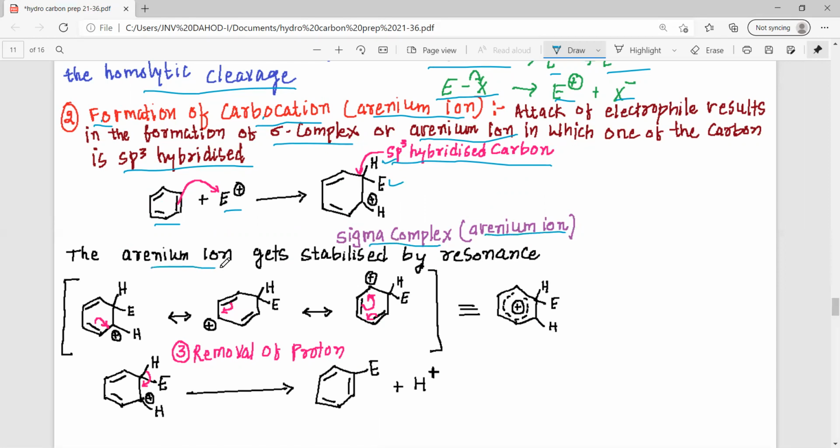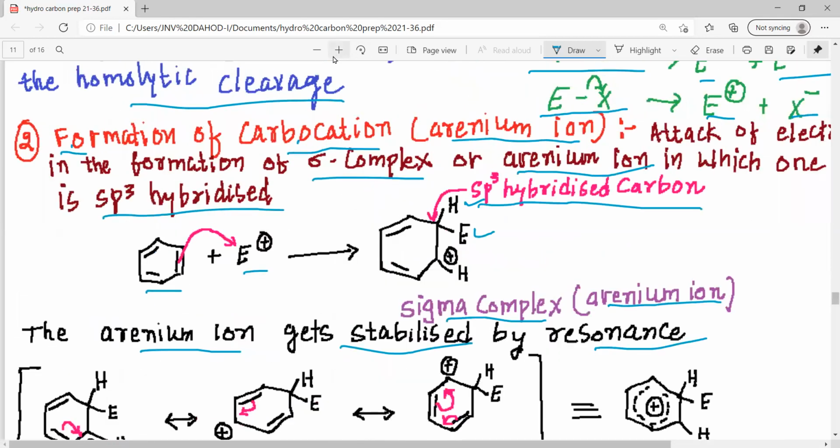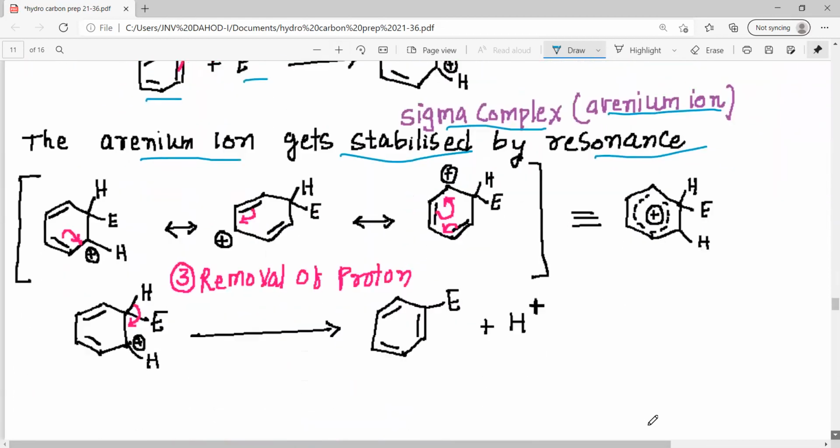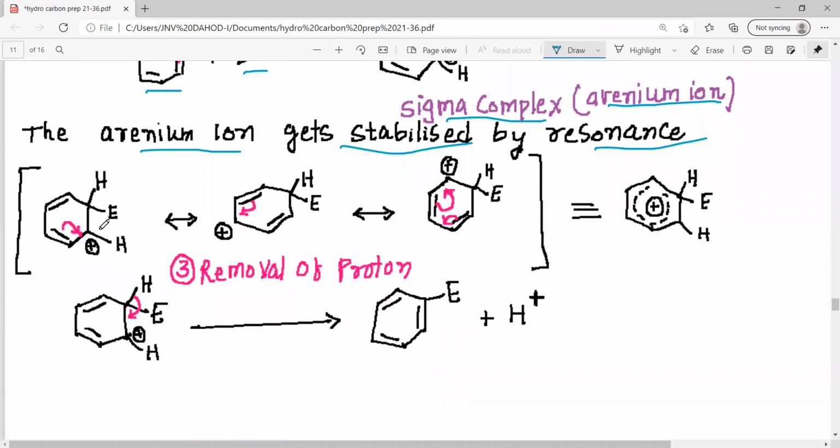The arenium ion which is formed is stable and it gets stabilized by the effect which is known as resonance. So my dear students, now let us see how this arenium ion is resonance stabilized. You can see here that we have an arenium ion where the positive charge is present on this carbon. The electron of double bond moves to this carbon and thus the positive charge moves to another carbon. So let us give numbers to these carbons, my dear students. This is 1, this is 2, this is 3, this is 4, this is 5,